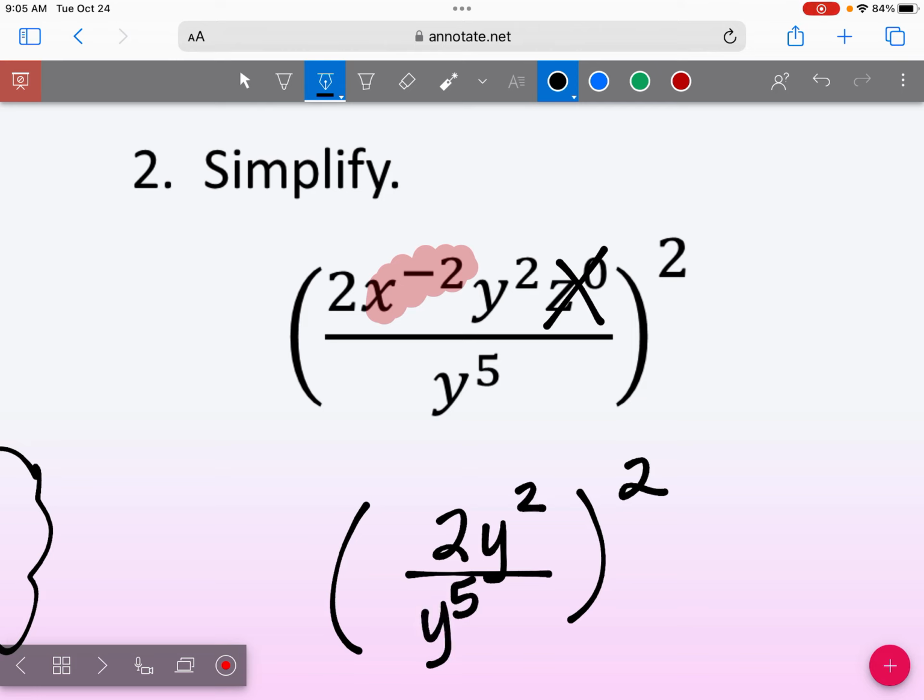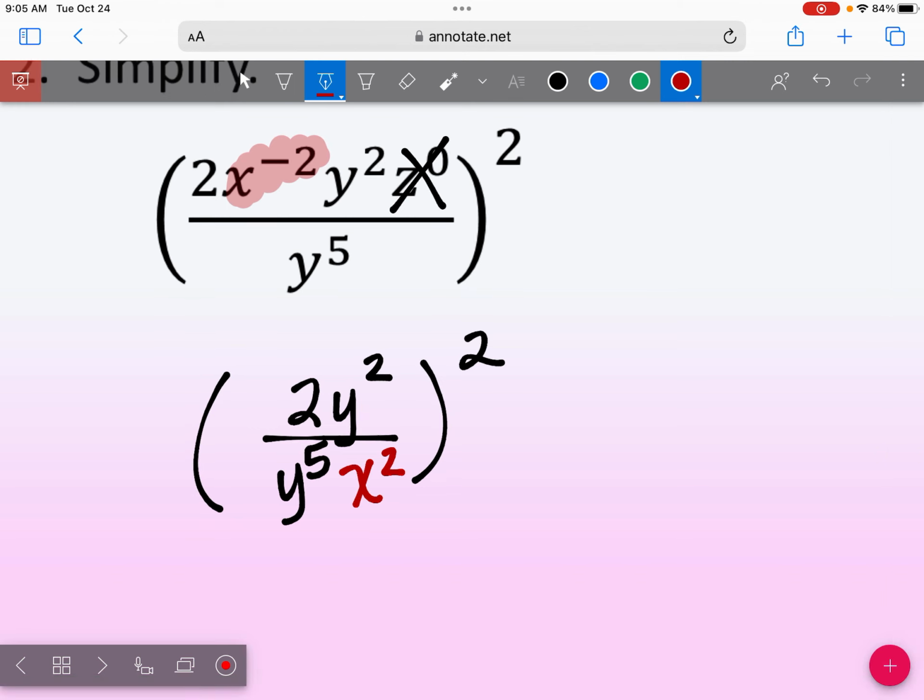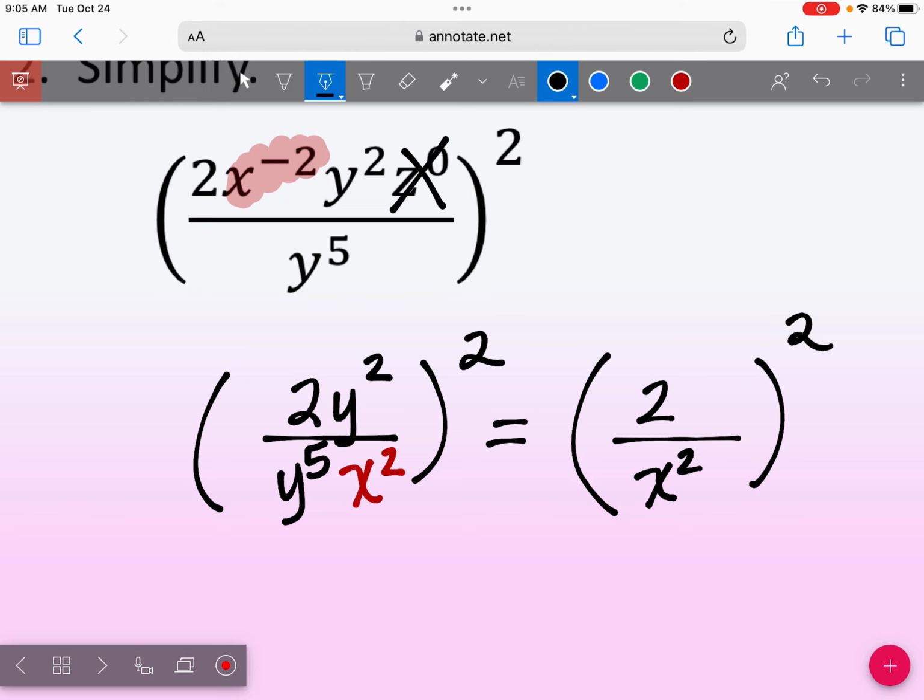And I'm going to move that x to the power of negative 2. I'm going to move that down and make it positive. So that'll be 2. And then I have x squared. So I'm putting my 2 and my x squared down. I have to subtract these. So when I take 2 minus 5, I actually get a negative 3, which is going to move down and